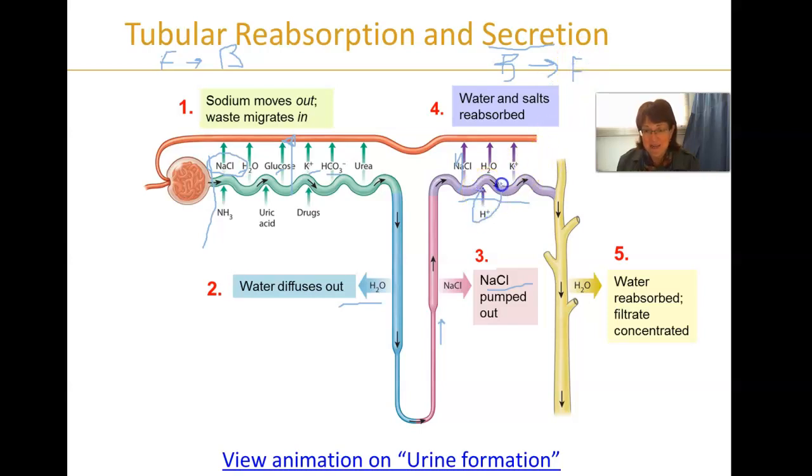So here's an example of the hydrogen ion going from the blood back into the filtrate. And this is a way of, if the blood is too acidic, you will get rid of hydrogen. Now realize when you're talking about secretion, you balance the blood and then put extra stuff into the